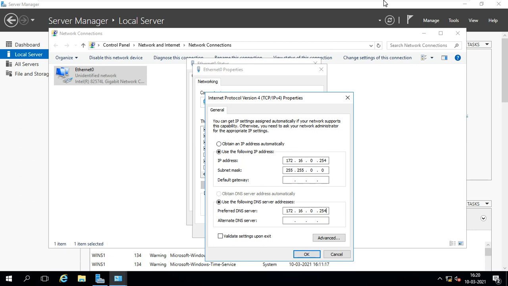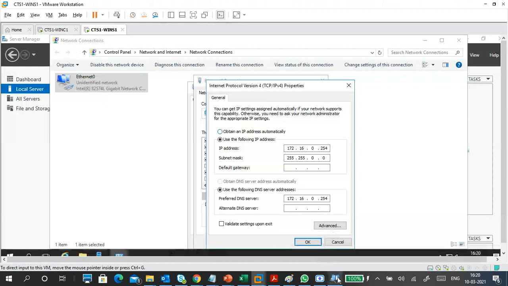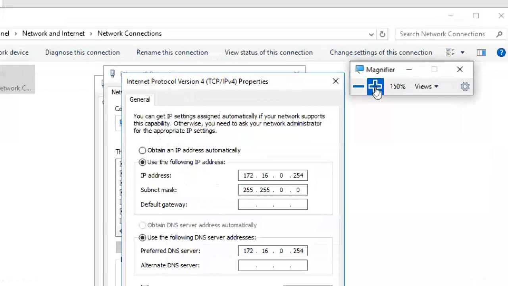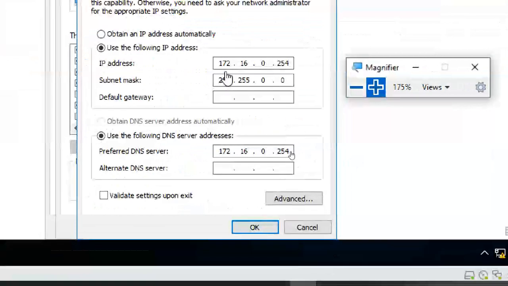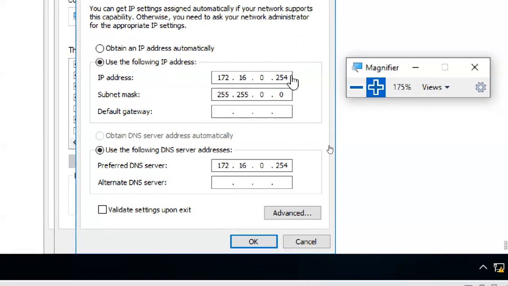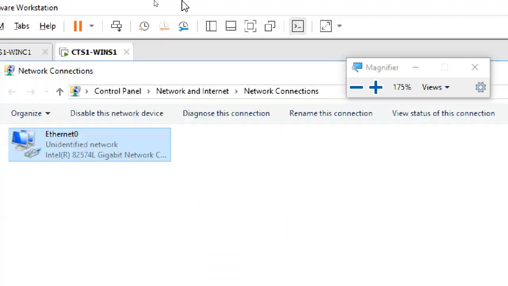One second, guys. Okay, you can see this one. I gave an IP address and the preferred DNS is the same only. This is the server IP. Close. Close. Okay, so this is the server I have configured.